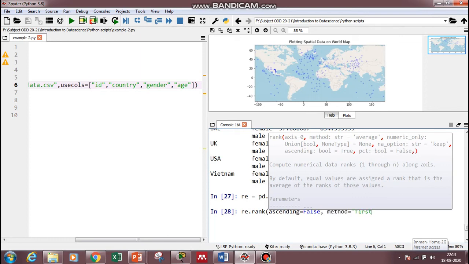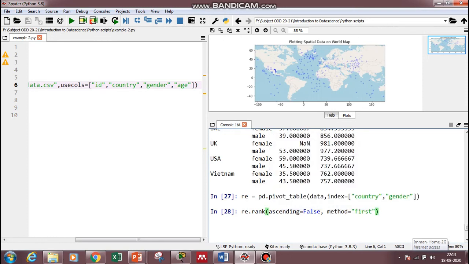There are many methods. We can have first, last. Okay, so there are many methods to do it. Then here what it will do is, in that particular country, it will take all the values. Okay, maybe female or male, whichever values are here, maybe 2 to 3 entries if there are. Among that, it will take the first value. So in that first value, which country comes first, that is the grouping.